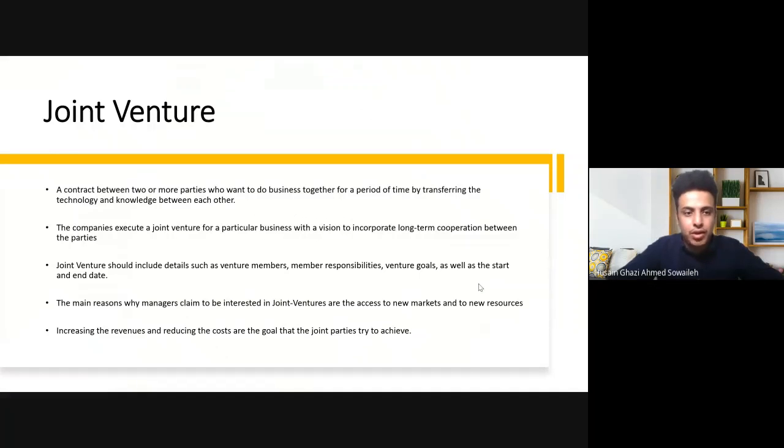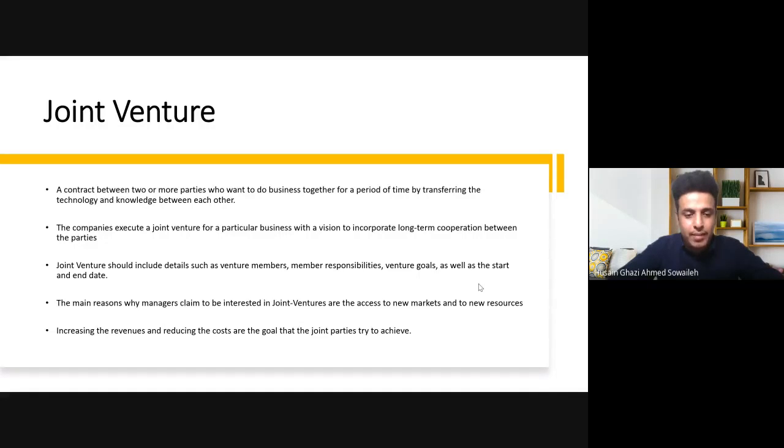So joint venture is a contract between two or more parties who want to do business together for a period of time by transferring the technology and knowledge between each other. The companies execute a joint venture for a particular business with a vision to incorporate long-term cooperation between the parties. A joint venture should include details such as venture members, member responsibilities, venture goals, as well as the start and end